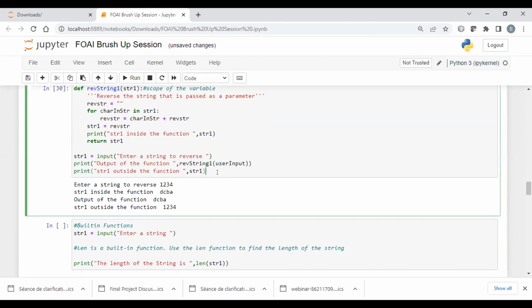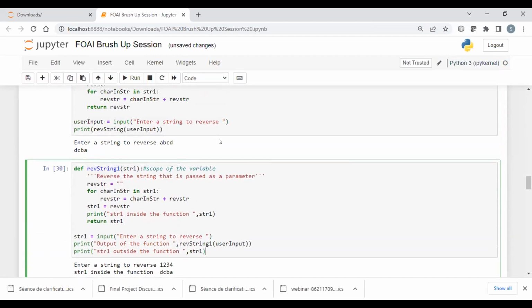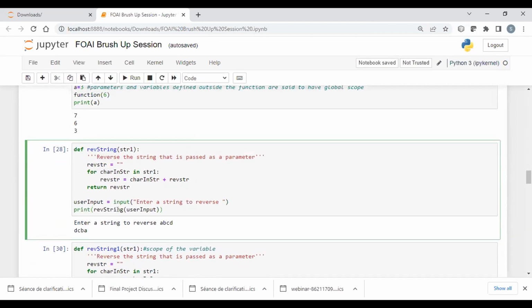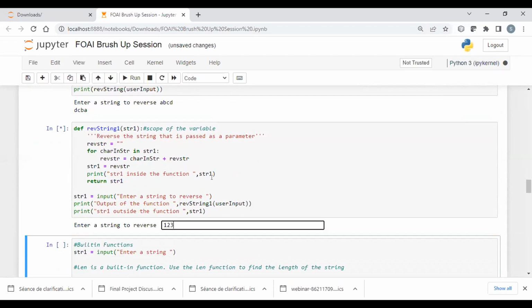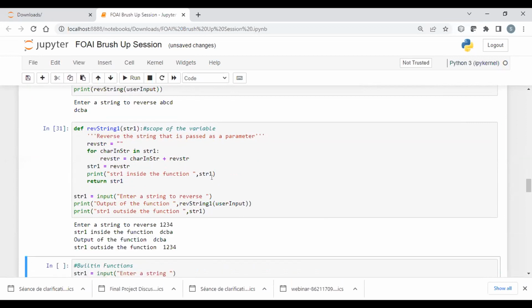Should I move ahead, or any more queries around this? You're talking about this first cell. Please confirm once. Yeah, so see, again, I gave the input and it is coming accordingly.